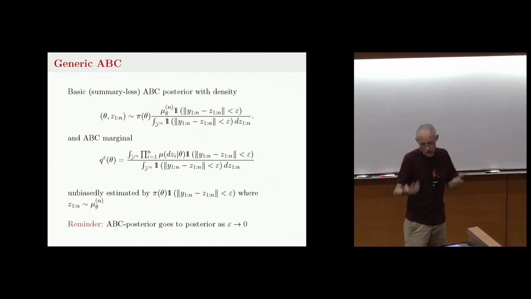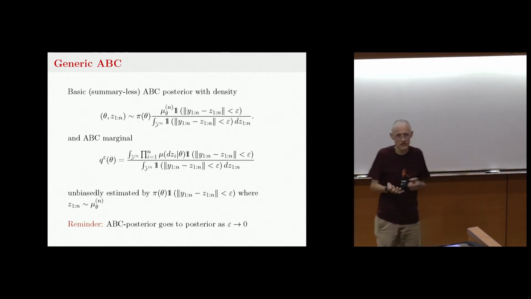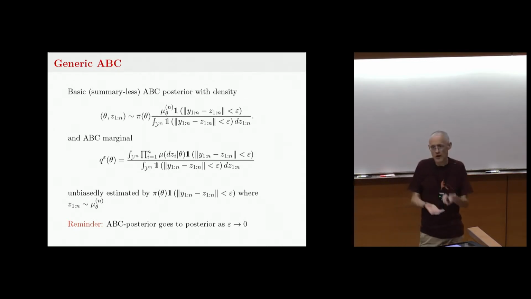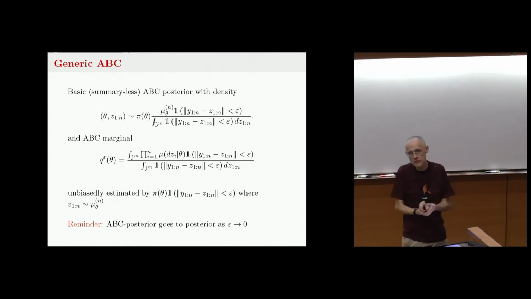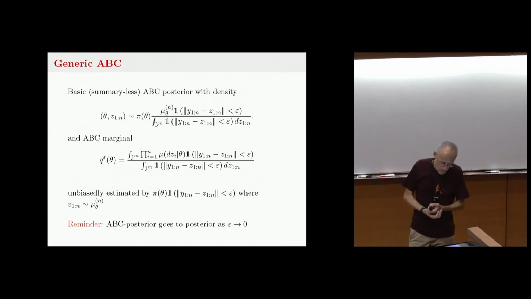And the reason for that is that because we don't have the likelihood, we replace the likelihood with this indicator function, or something slightly more sophisticated, but essentially it is the same spirit. We have a rather crude non-parametric estimator of the likelihood,